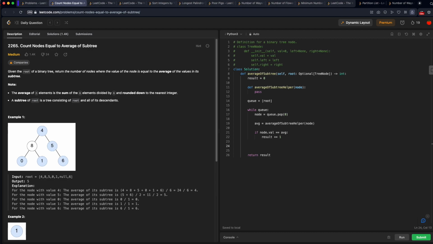All right, so we've grabbed a node out of our queue, processed it. Then we need to check if it has child nodes, and if it does, then we need to put those nodes in the queue for processing. So if node.left, we'll put it in the queue. And if node.right,